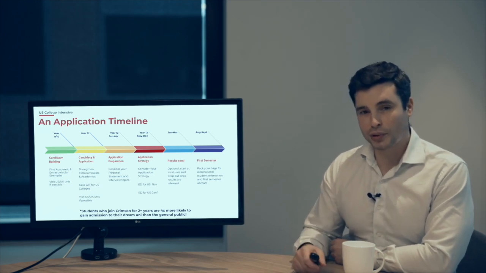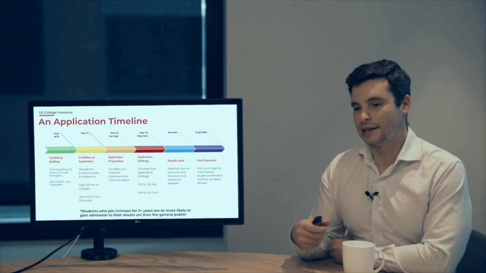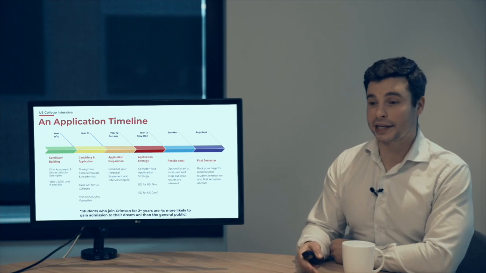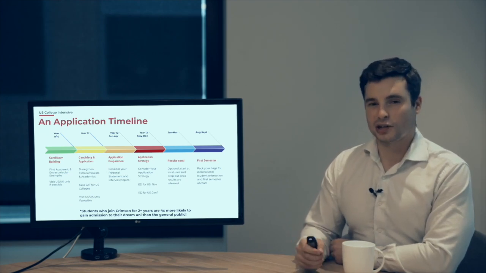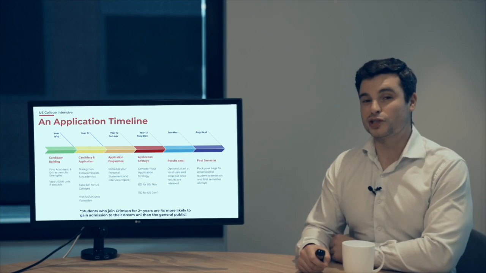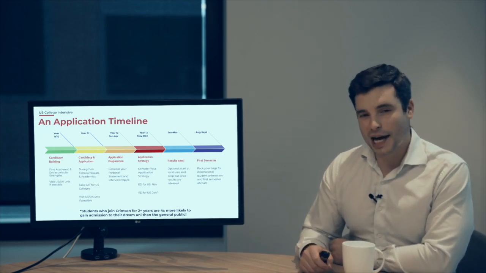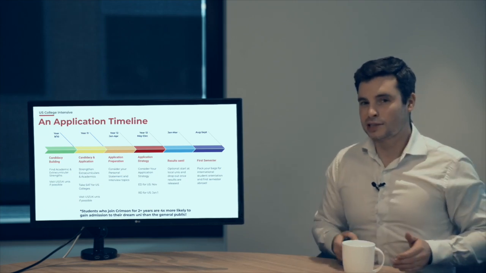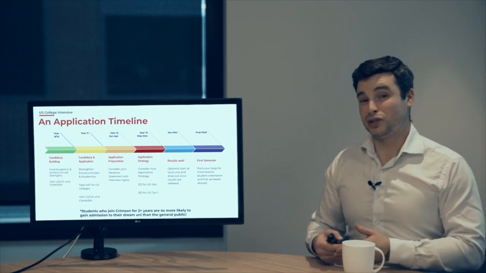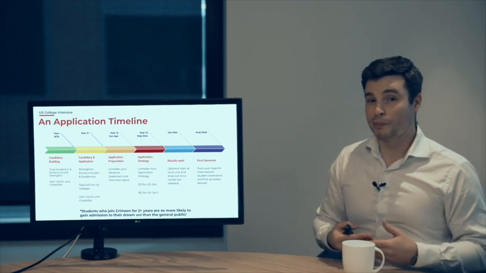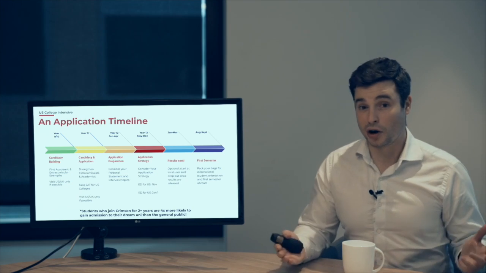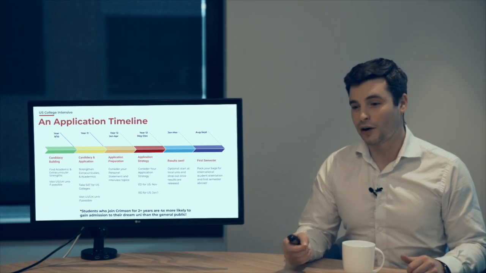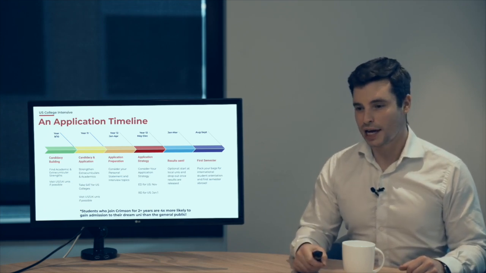In year 12, you're really looking at preparing your application. In year 12, May to December, you're looking at your application strategy, whether you apply early decision or regular decision. And then in January to March, the results come back. So hopefully, fingers crossed, you get the results that you're after and you pack your bags for first semester in around August to September. But generally speaking, you'll see that the colors are a little bit different along the way. The later you leave it, the harder it gets. So please, the more preparation you can give yourself, hopefully the stronger your application will be. You'll see that students who join Crimson 2+ years are 4 times more likely to gain admission to their target university.